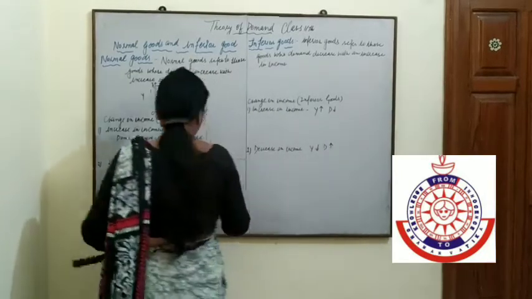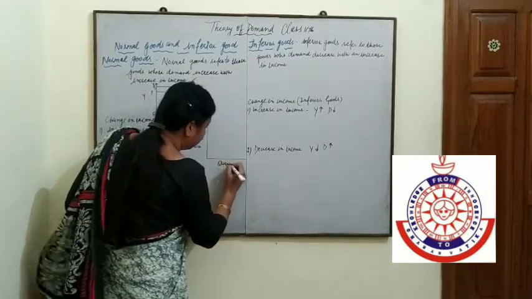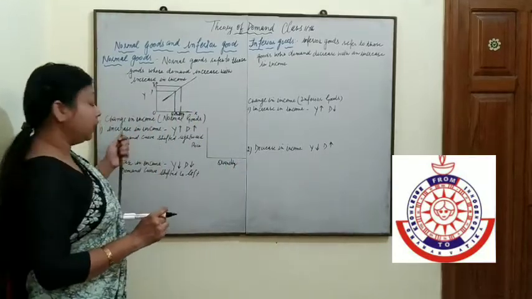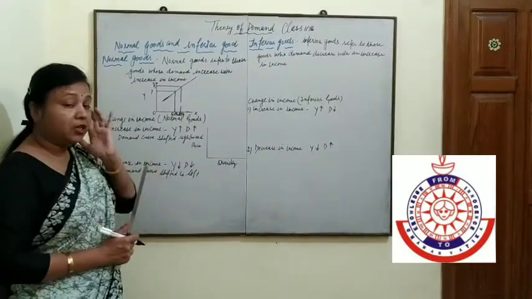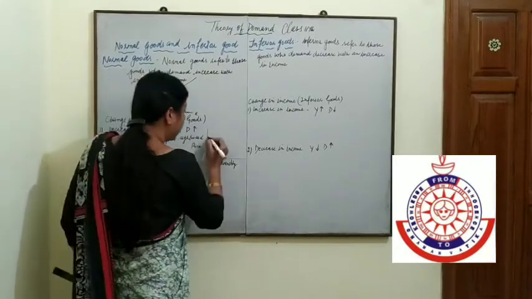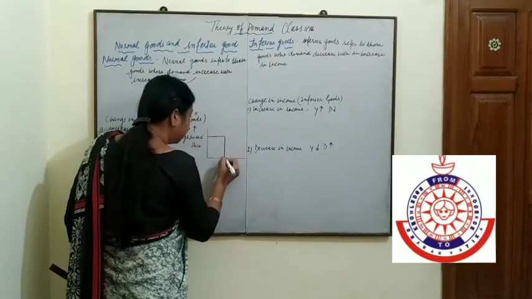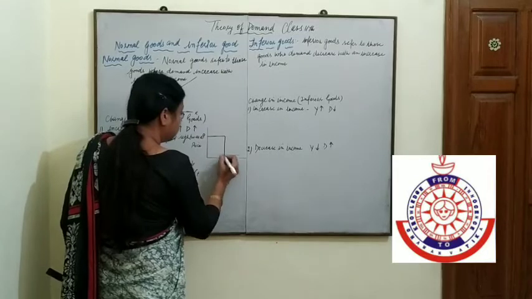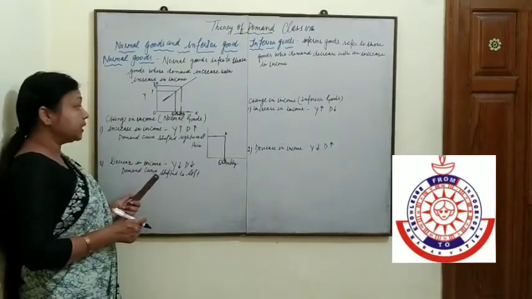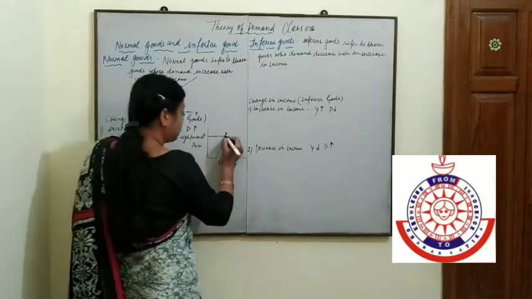Here we have to show the price, and here we have to show the quantity. Why are we showing price and quantity, but we are taking income here? Because demand curves show the relationship between the price and quantity demanded. Whenever the price is this, we are demanding this much quantity. This is our A point. Now, increase in income is another factor. Due to the income, the demand is increased.